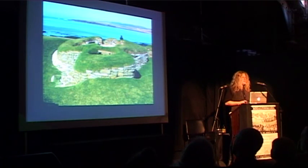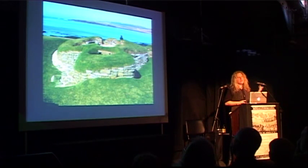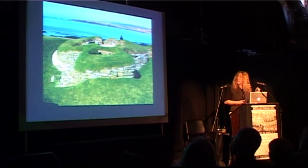Skara Brae, it was always suggested that it was a storm that destroyed it, but that's highly unlikely because the sea was actually considerably lower at the time. And also, they probably would have gone back to collect their ceremonial objects and things after the storm if that had happened. So I think it's much more likely that they were actually...